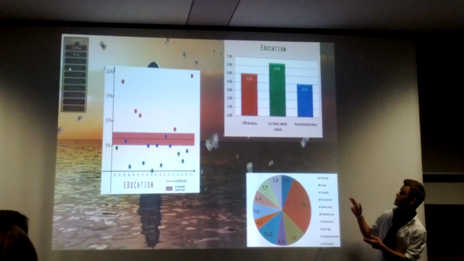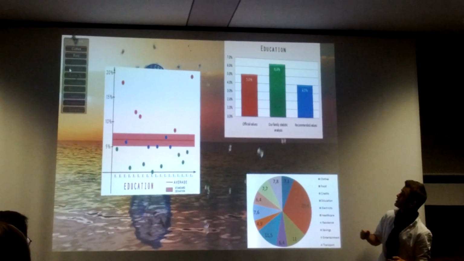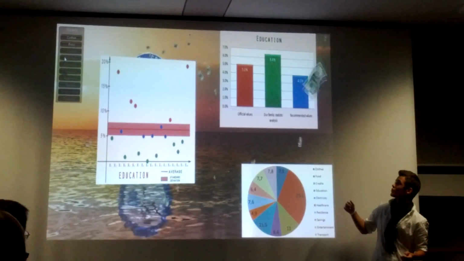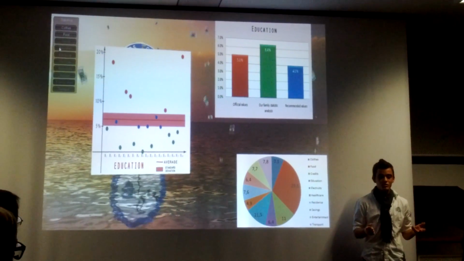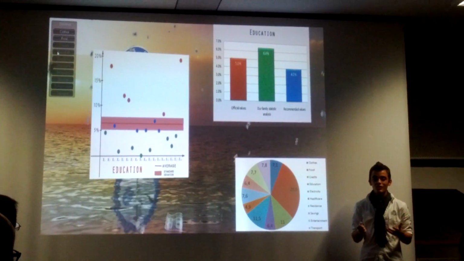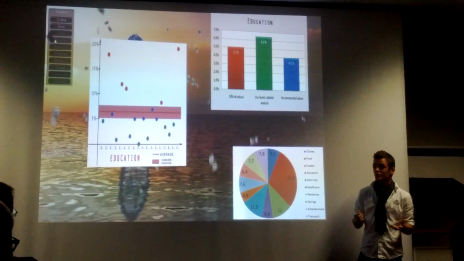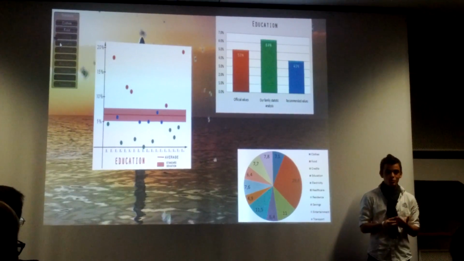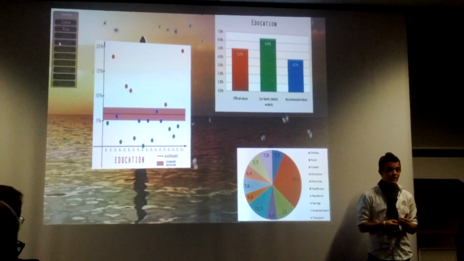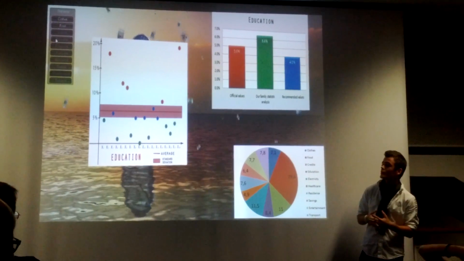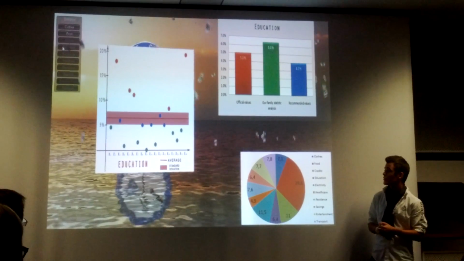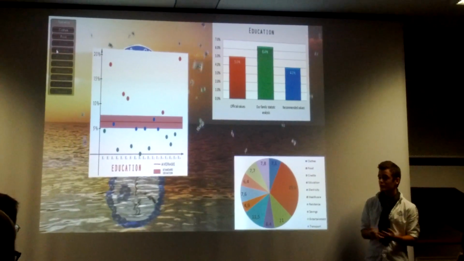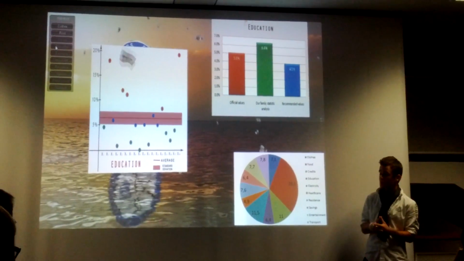If I take you back to the graph on the right, you will notice that our statistic data is not in correlation with the official values and the recommended values, and that's because the students in our school are from a language school, and we need books which are specific to our language needs, and therefore we spend more money on education than the rest of the kids. Next slide, please.